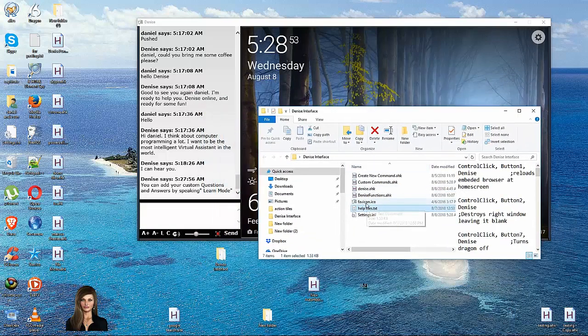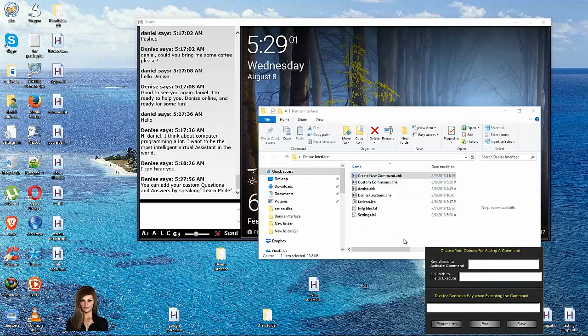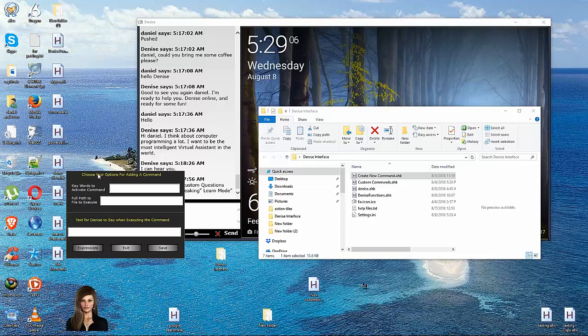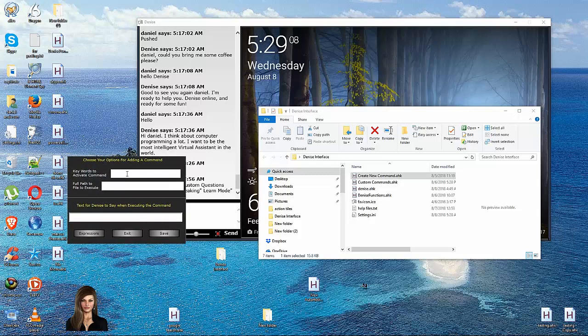So first thing I would want to do is create a command. Now, there is no commands here yet. So I'm going to just double click this top one right here, and this will create this little window here. And if you grab it by the letters, you can move it around. And I'm thinking this is one of the first commands I would want to put in